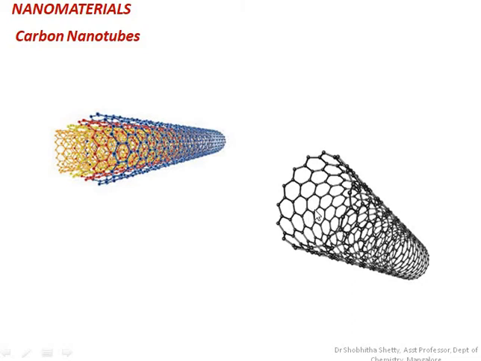So as you can see, a single walled carbon nanotube is obtained by rolling a sheet of graphite, very simple, that is a rolled graphite sheet. We call it single walled carbon nanotubes, whereas multi-walled carbon nanotube, we can observe here, involves coaxial assembly also. So assembly of single walled carbon nanotubes results in the formation of multi-walled carbon nanotubes.